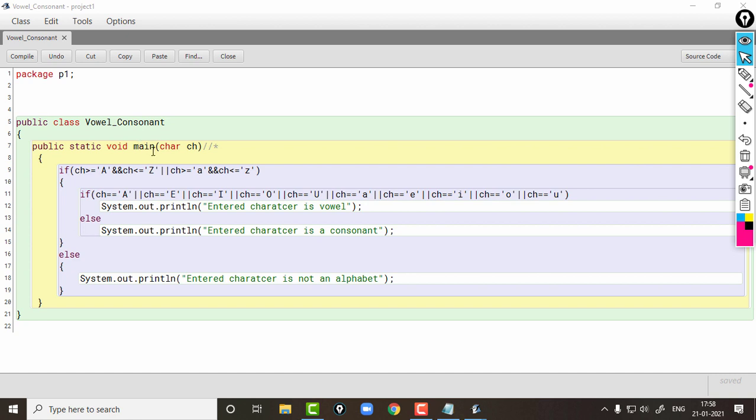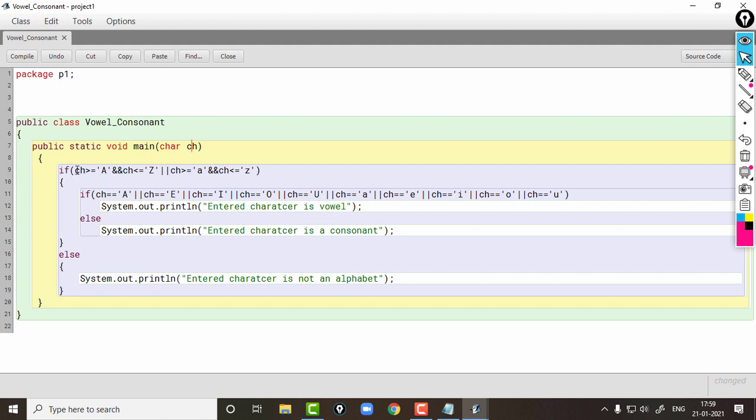So students, next program, this program will check whether the entered character is a vowel or consonant, program 9.7 in page number 172. So in this program we will give a character to the variable ch. We need to check whether ch is a vowel or consonant. So for this program also we need to check whether the entered character is an alphabet or any other character. Okay, whether it is an alphabet or any other type of character. If it is an alphabet, then only we will check whether it is a vowel or consonant.